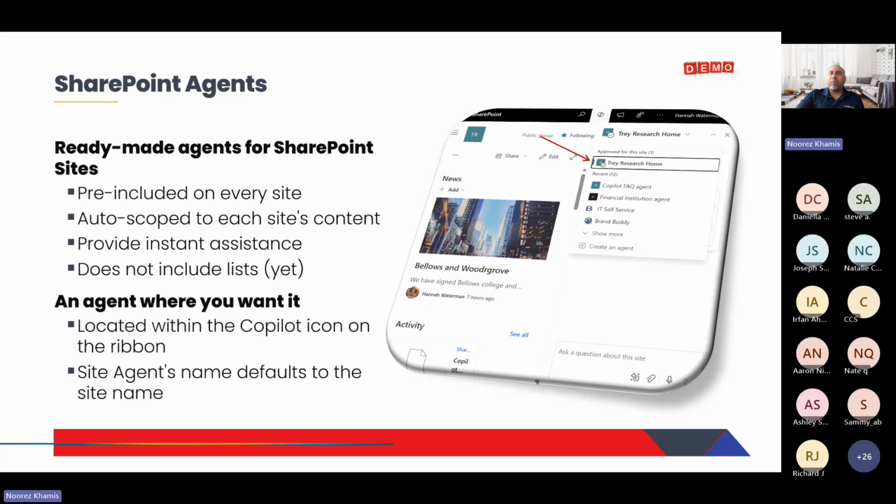So every SharePoint site includes a ready-made agent for that instant assistance you're looking for. And all you're doing is accessing it via this Copilot link at the very top of your screen. I'm going to demo this in a second. But at the very top of your screen on the right-hand side, you're going to have it. Now, this is going to appear, obviously, with the appropriate licenses you have. And